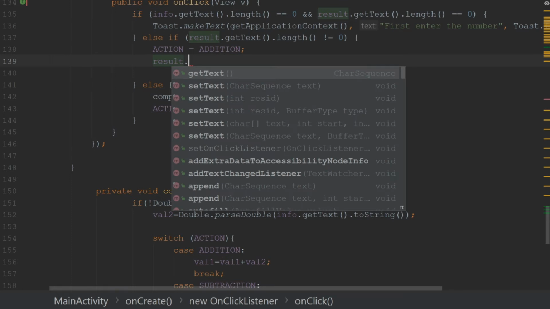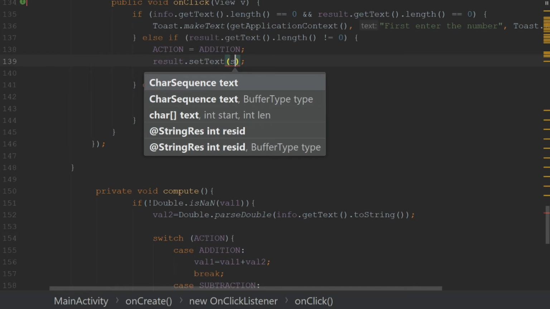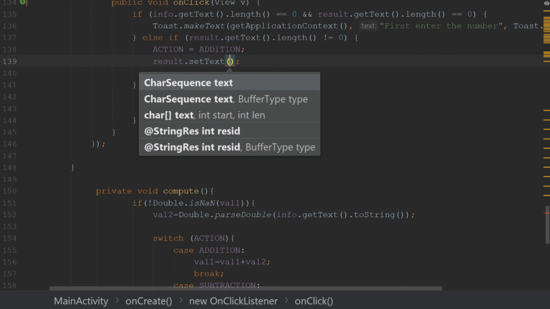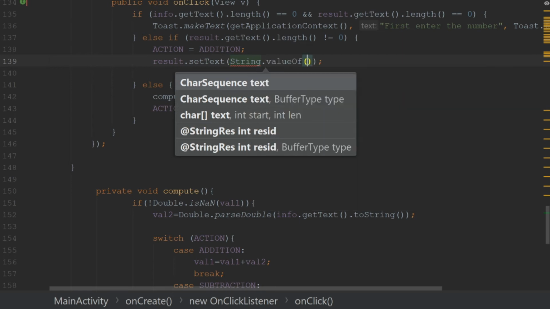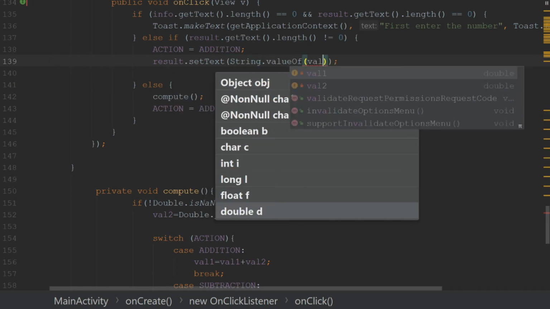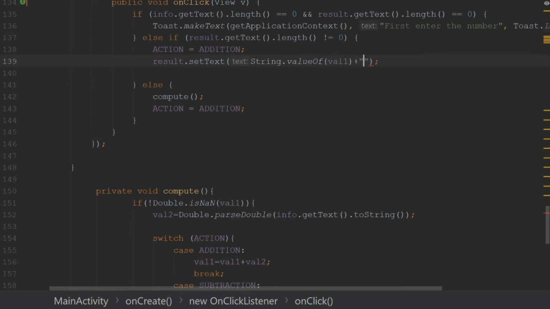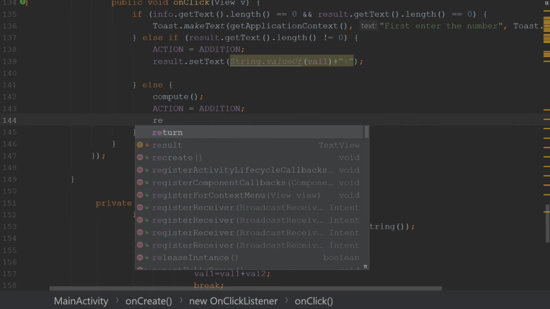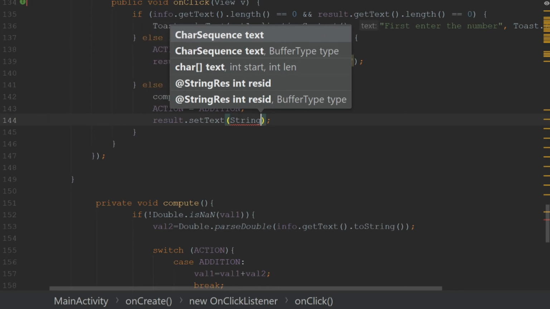Okay, result dot set text string dot value of value 1 plus addition sign. When you enter the first number, then it will show over there as result dot set text to string dot value of value 1.